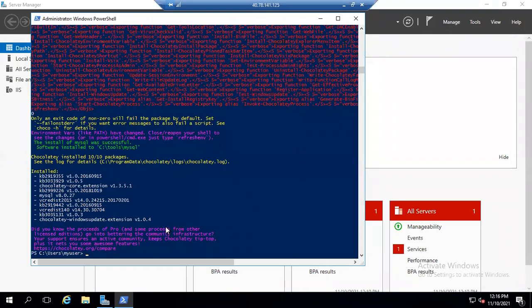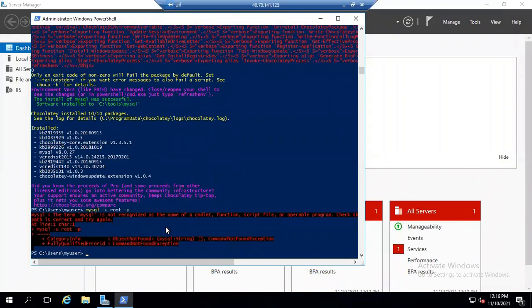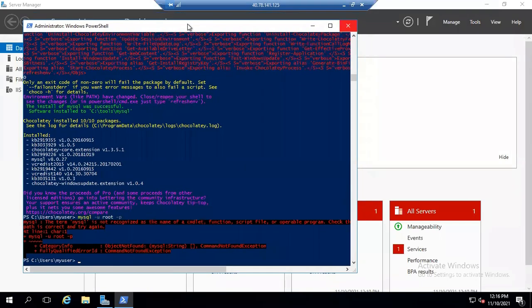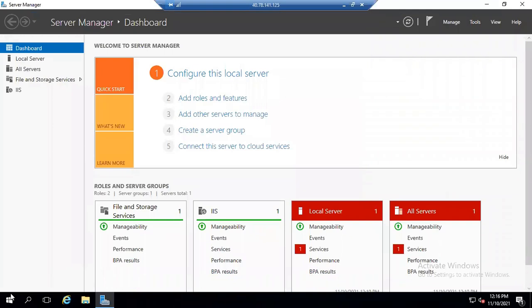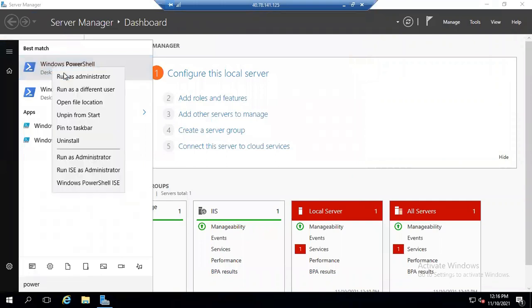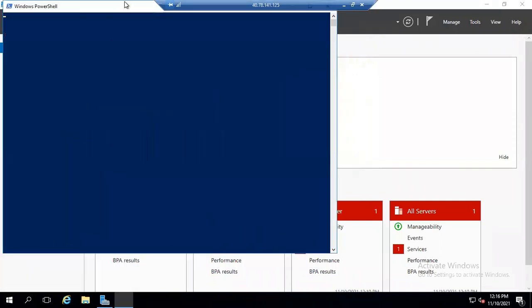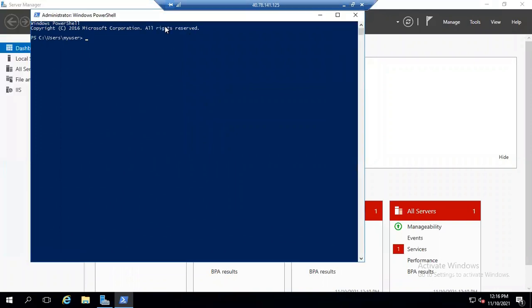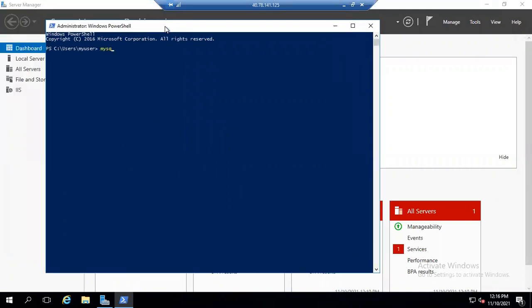Okay, now execute this command: mysql -u root -p. First close it and we have to relaunch this PowerShell. mysql -u root -p.